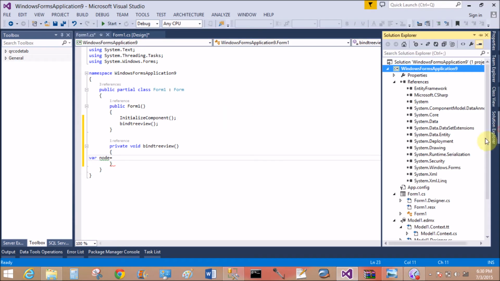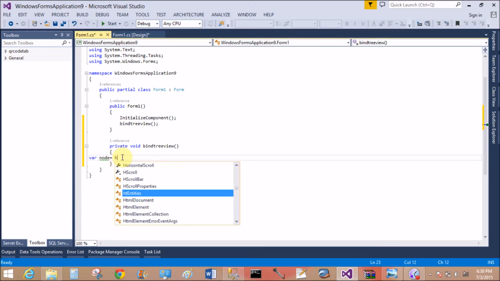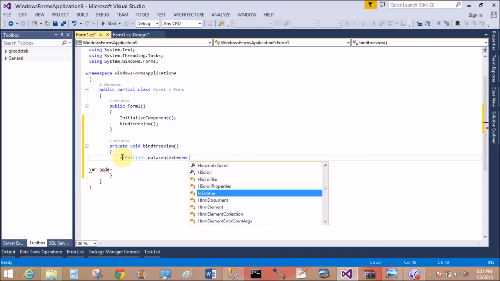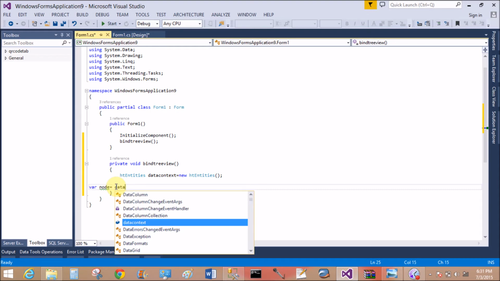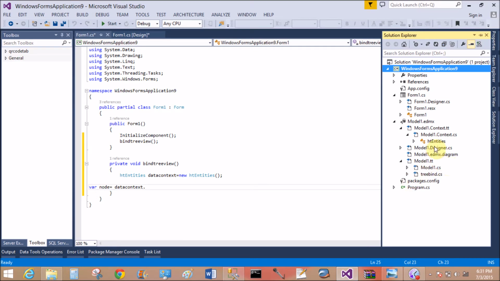Variable node equals to get the data from the data context class, that is st entities is a data context class. Create an instance of the st entities class, dc equals to new st entities, okay, data context dot